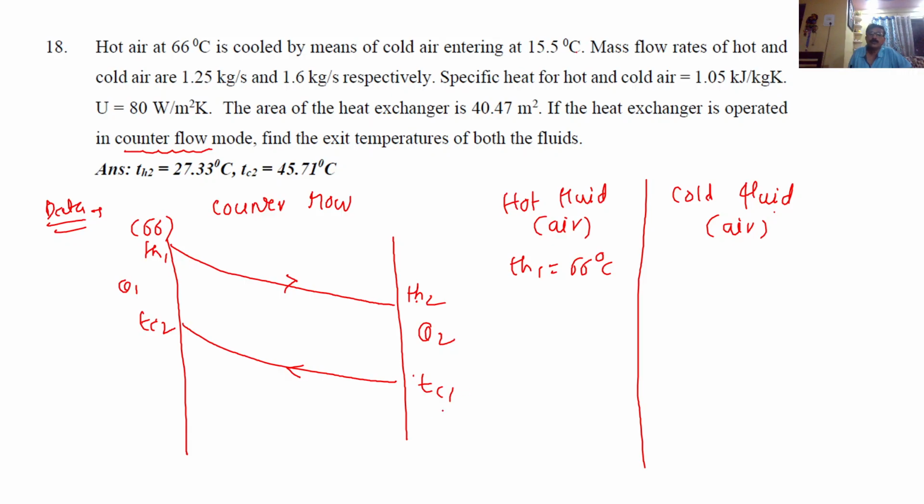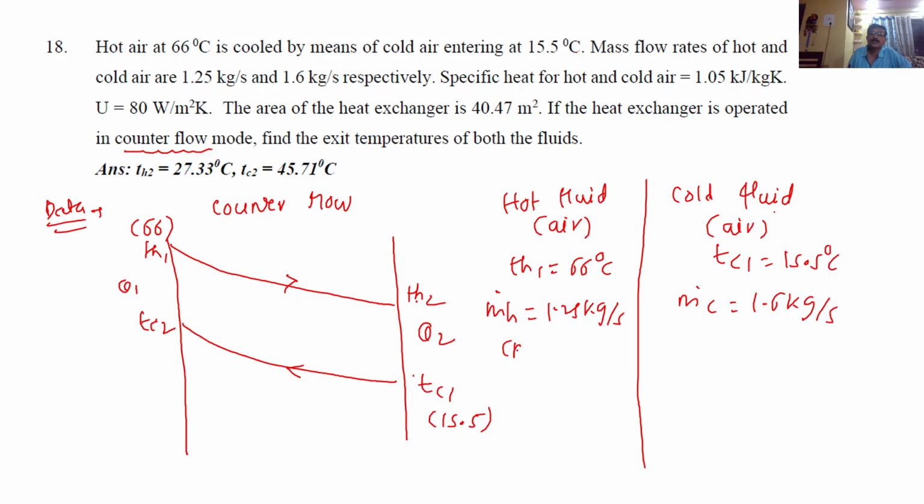entering at 15.5. So TC1 is equal to 15.5 degrees Celsius. Mass flow rate of hot air, m dot h, is equal to 1.25 kg per second, and m dot c is equal to 1.6 kg per second. Specific heat of hot and cold air. So Cph is given in kilojoule, so I will convert it to joule. 1005 joule per kg Kelvin, and in a similar fashion Cpc is equal to 1005 joule per, no, 1050,